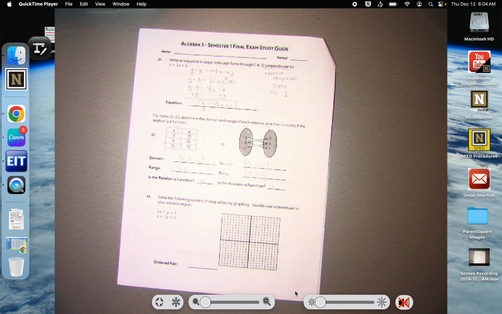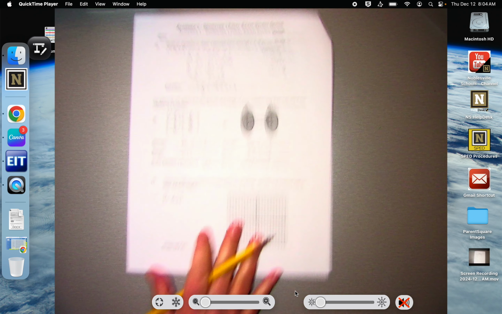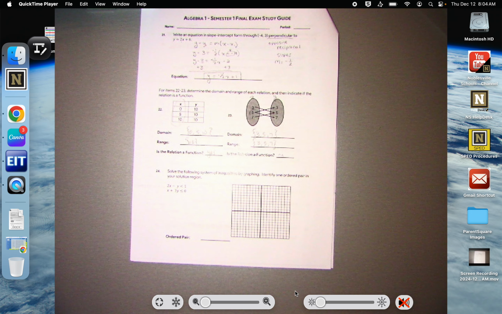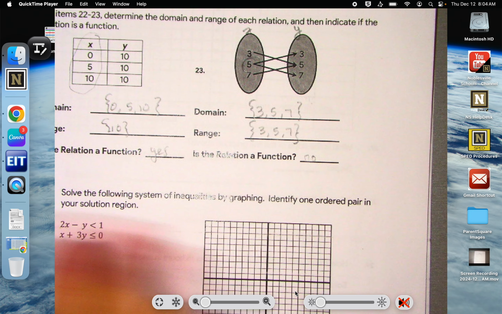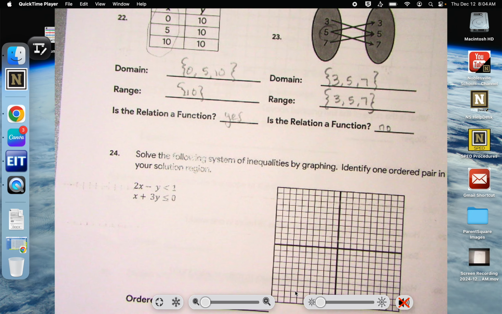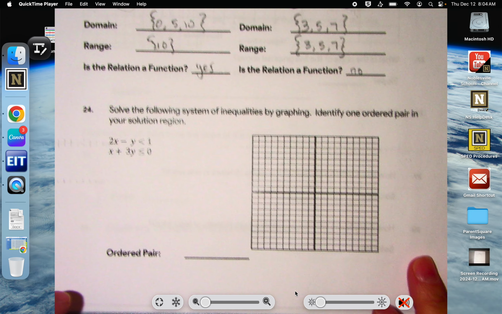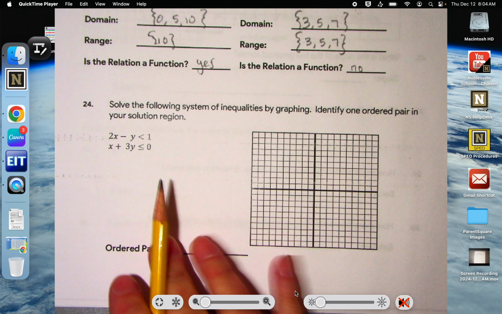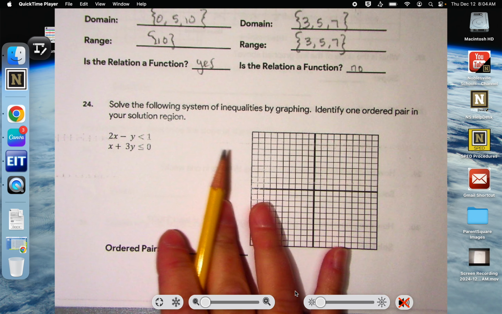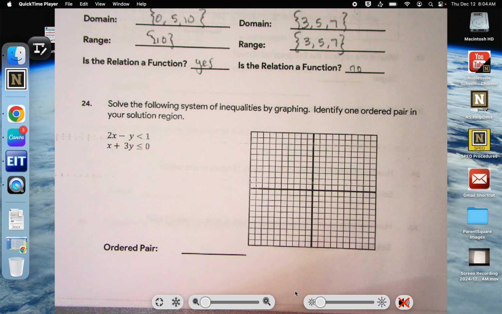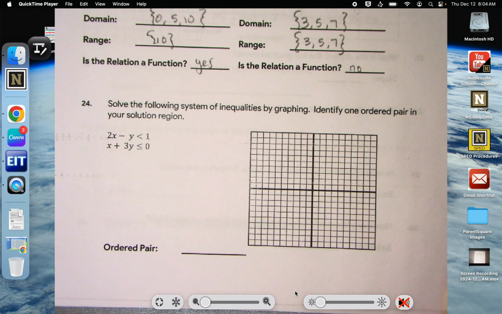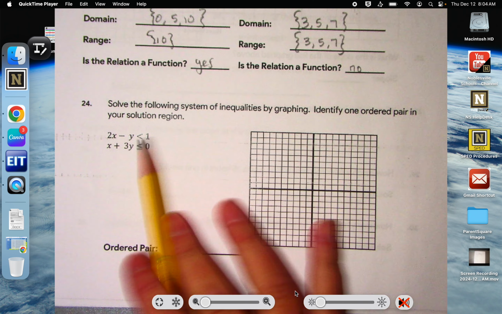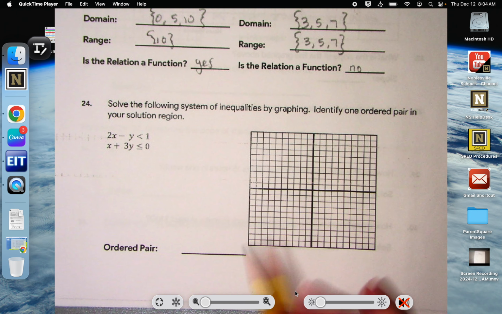Okay, we are going to continue this study guide adventure. Let me zoom in. All right, so we left off on question 24. It says solve the following system of inequalities by graphing. So if you remember, that means that we graph one inequality and shade, we graph another inequality and shade, and where they overlap is where all the solutions could be. So then identify one ordered pair means I just have to pick an ordered pair in that double shaded